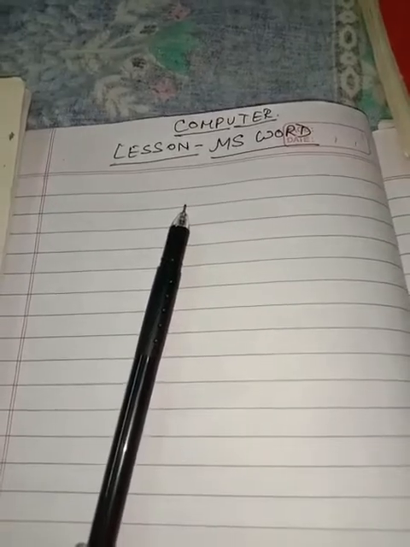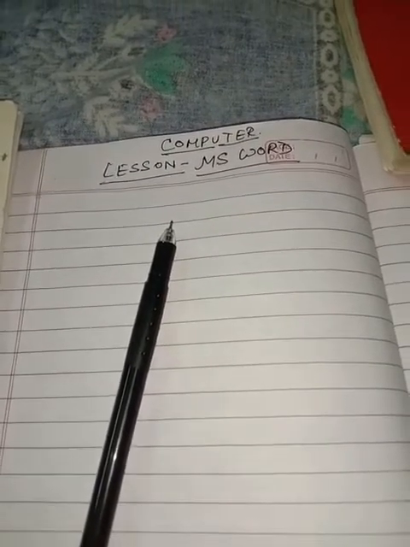First of all, we have discussed what is a word processor. The application software or program which helps us in processing the text is called the word processor. The functions that the word processor performs: we can type our text, we can correct spelling mistakes and grammatical errors, we can align the text within margins, we can offer a variety of font styles and font sizes, and we can see a preview of the text that we have typed.